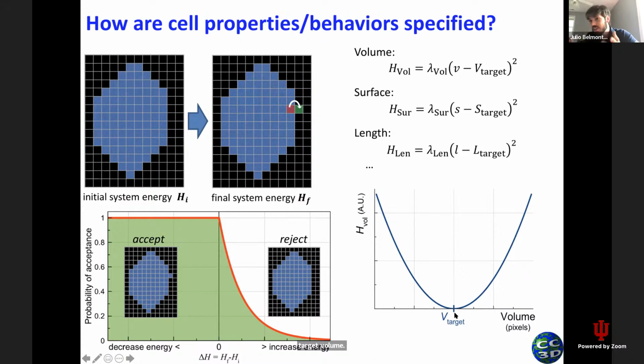Let's say this is 100 pixels, and your cell is sitting right here with 99 pixels. A spin flip, or pixel copy attempt, that drives the cell towards its target volume will decrease the total energy of your cell, and you accept the spin flip. If it drives the cell further away from its target volume, that will increase the energy of your cell, and then you accept with some probability. Of course, the cell may have a volume constraint and also a surface constraint or a